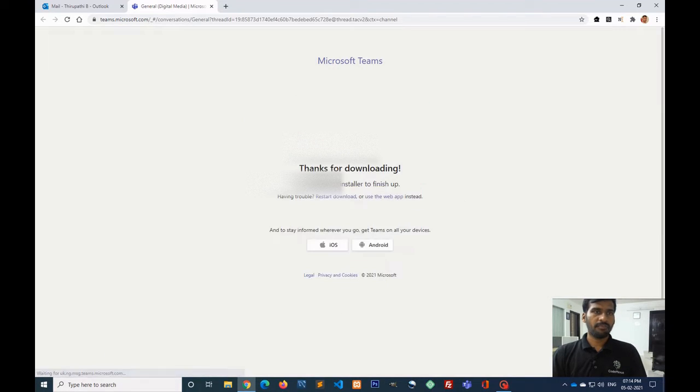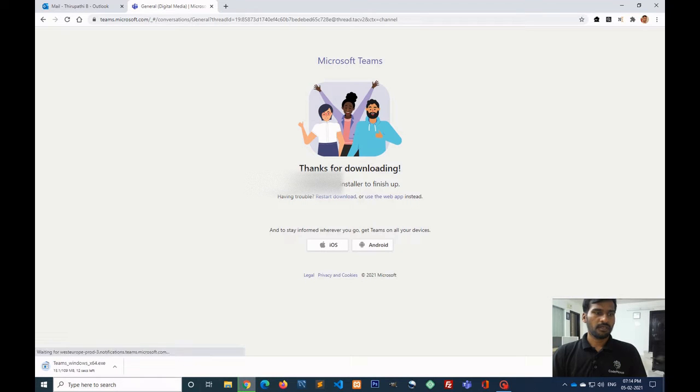get the Windows app. Okay, it is downloading and you can install it on your Windows. Okay, let it be downloaded. It's downloaded. Click on that. Click on run.